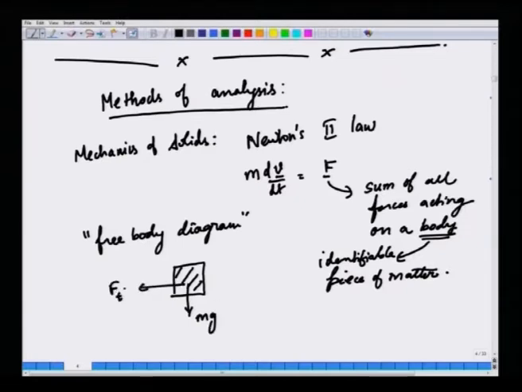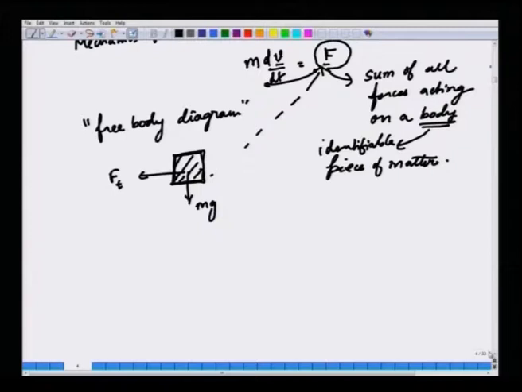We compute the motion by isolating the body and asking what the forces are, and once you figure that out, you can plug in here and compute the velocities and how they change with time with the help of an initial condition. But the key in all of this is Newton's second law,